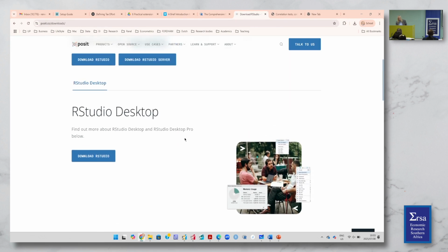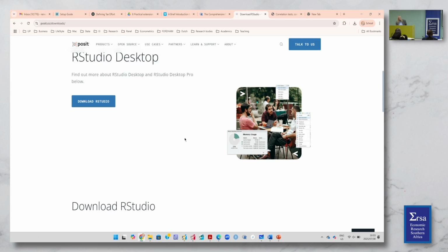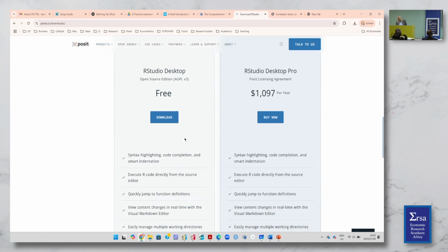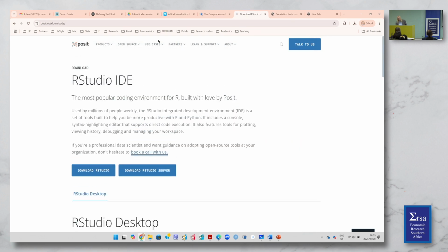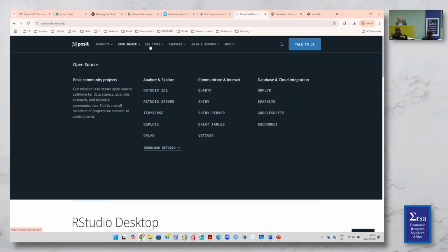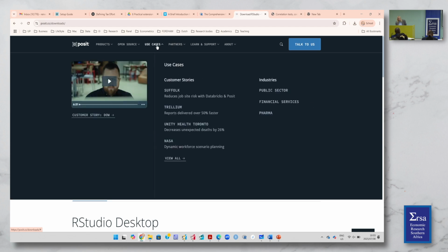But the RStudio, you can see this has also been developed with RStudio. And you can download, it's available here for free. So, yeah, their website is definitely a little bit cooler than the R one, and they provide all of this for free, but then obviously on top of that, they do things for which